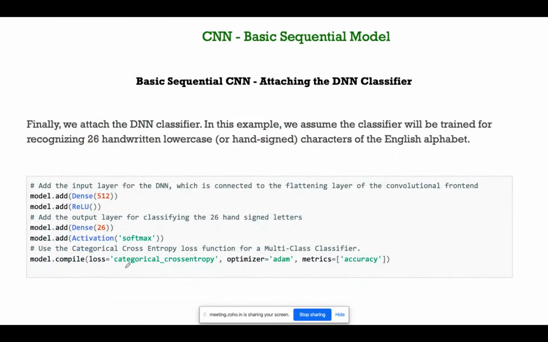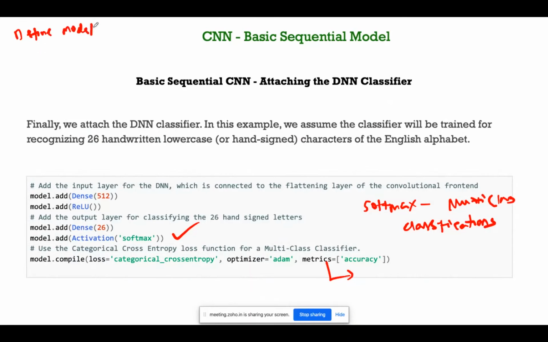See now, I am using the softmax activation function, which is used for multi-class classification. For any neural network, define a model, compile the model, then fit the model.